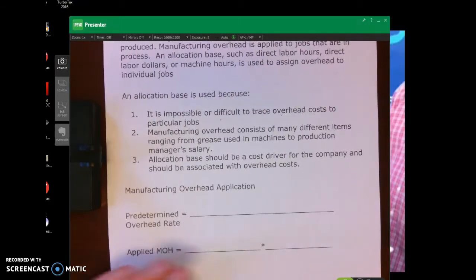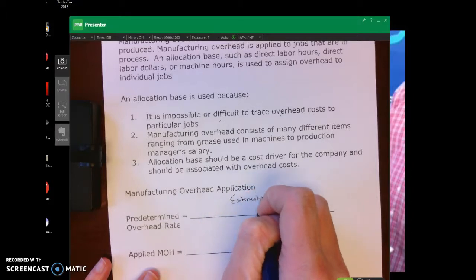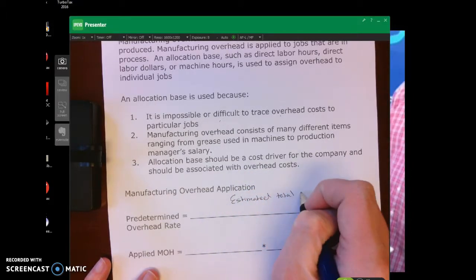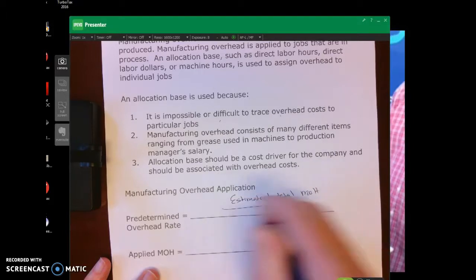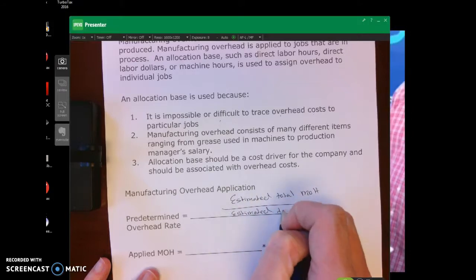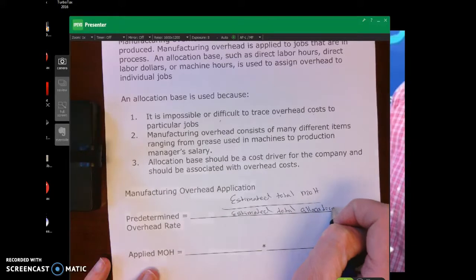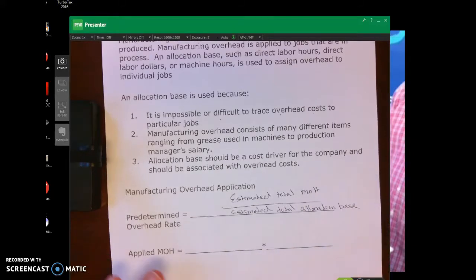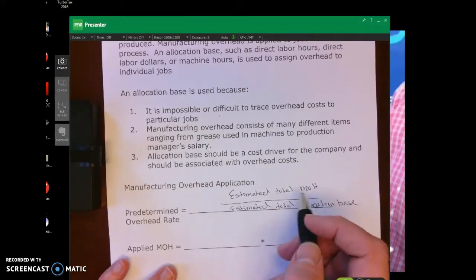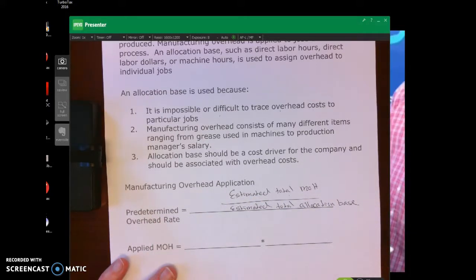And the way that we do that is we calculate our predetermined overhead rate. So the way that I do this is I take my estimated total manufacturing overhead divided by my estimated total allocation base. Okay? And I need to use the estimate. I can't use the actual. I want to use the estimate to calculate my rate, and the reason that I want to do that is